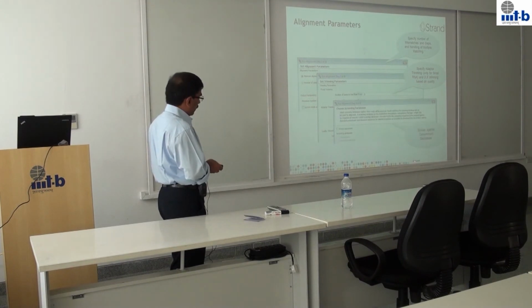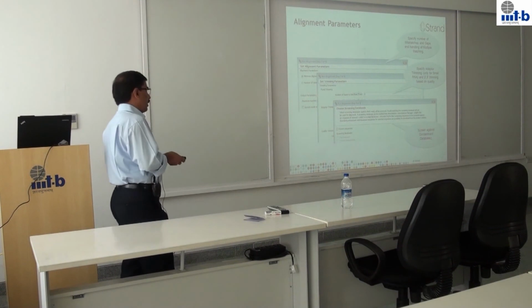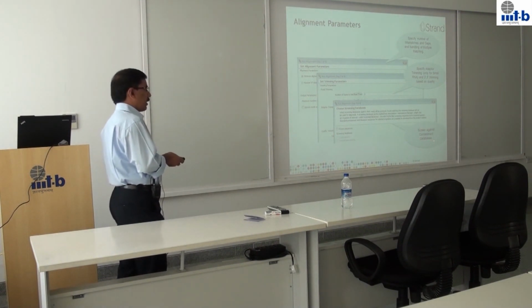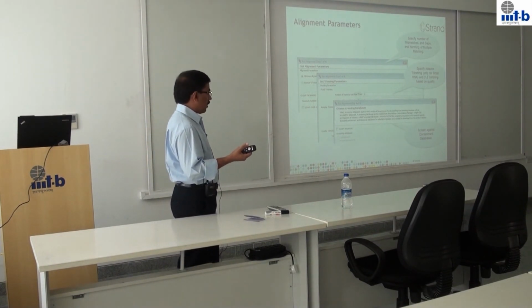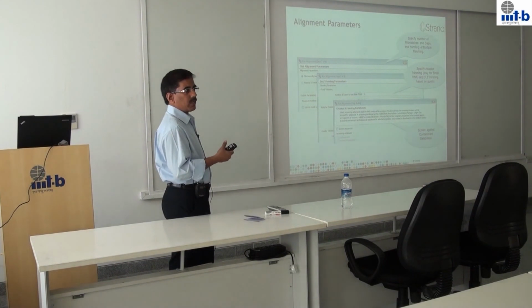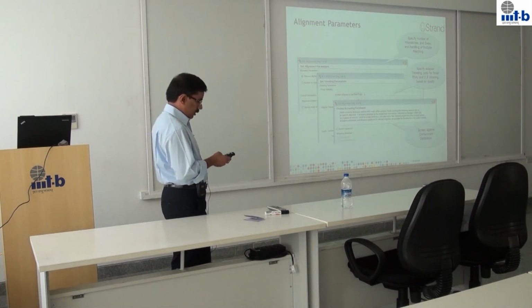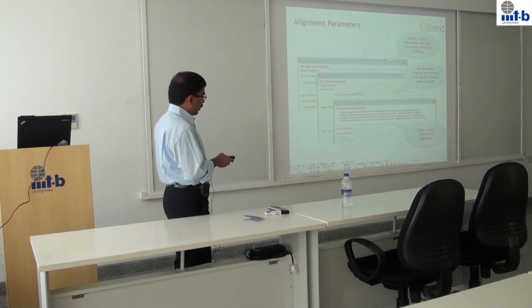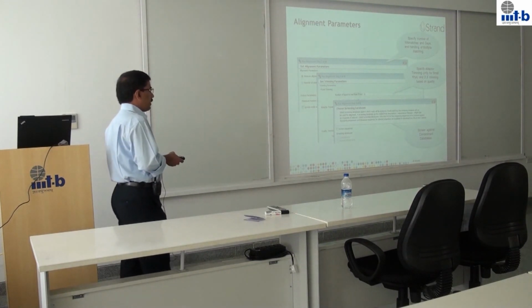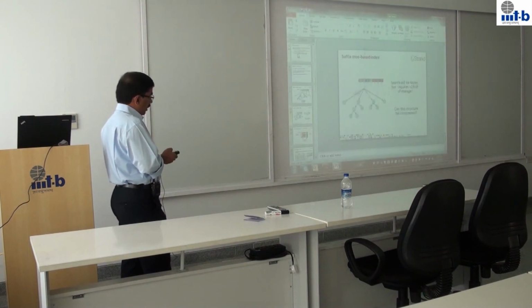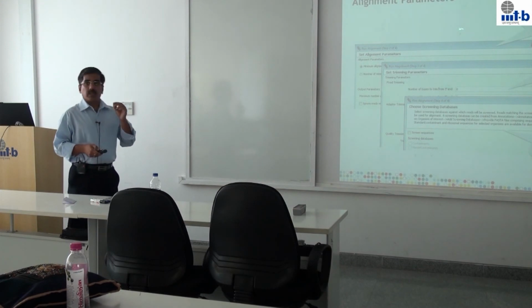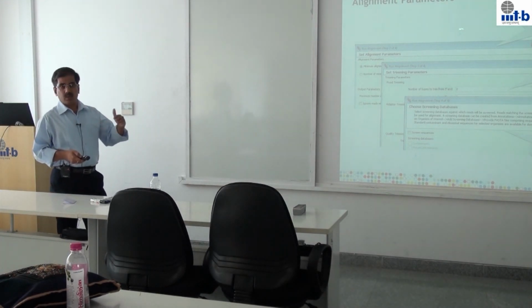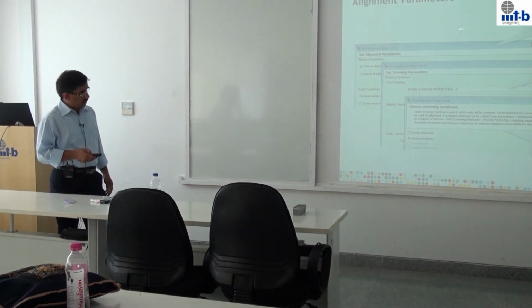The last one is a certain set of screening databases we provide with the tool, and the reads are screened against these databases. These are typically sequences from some viral and other organisms, which could be contaminants when we prepare the sample and then do the sequencing. So we want to get rid of those contaminants. We screen the reads against these databases. If they happen to match these databases, we remove them from the list of reads to be aligned, and then proceed with the alignment on the rest of the reads.